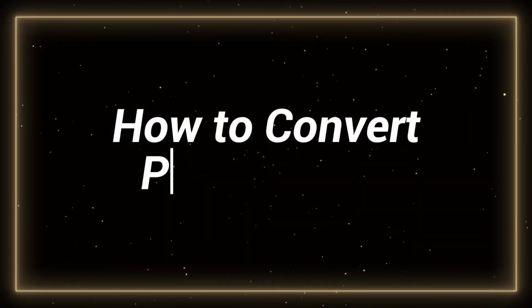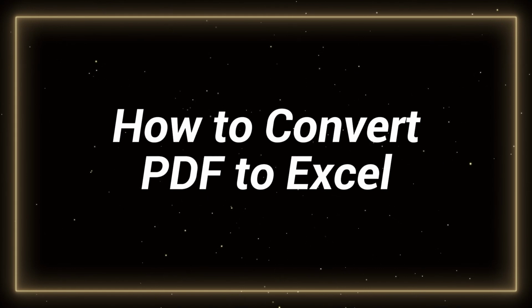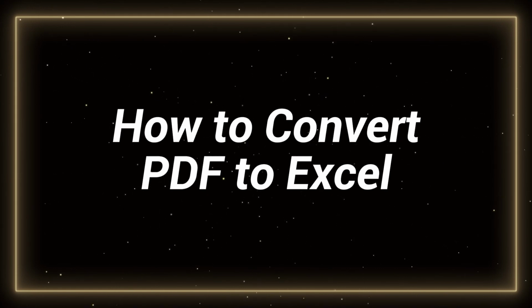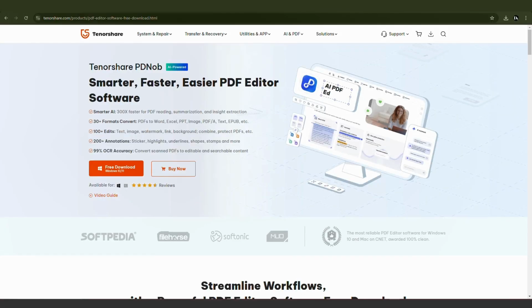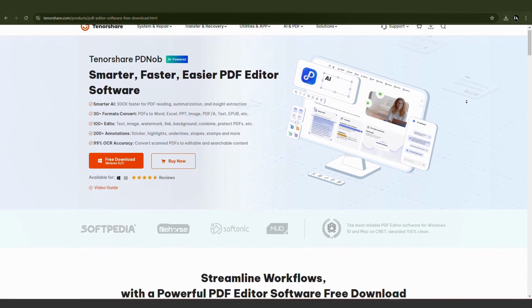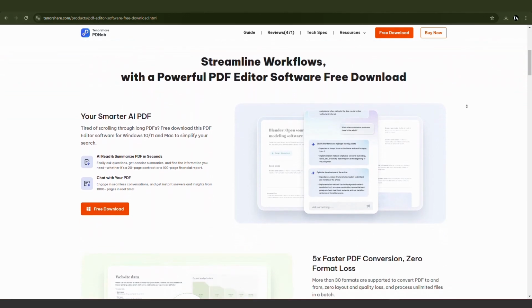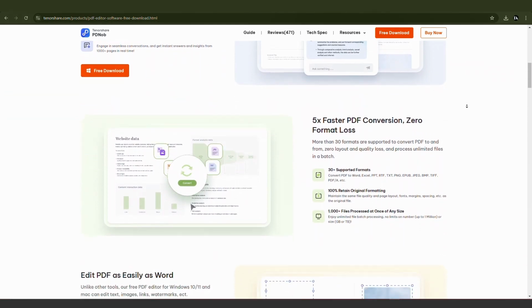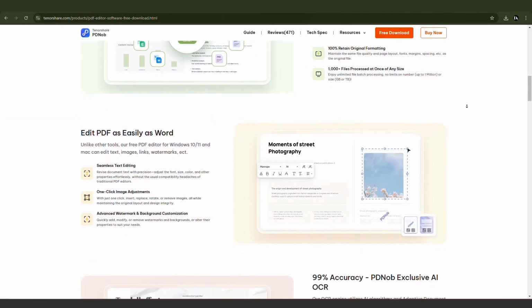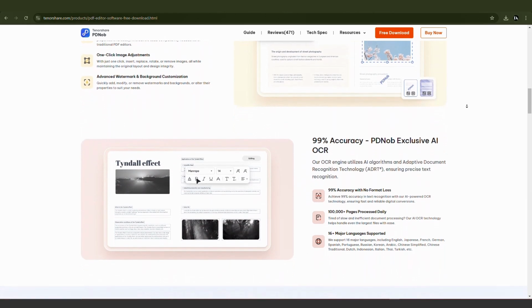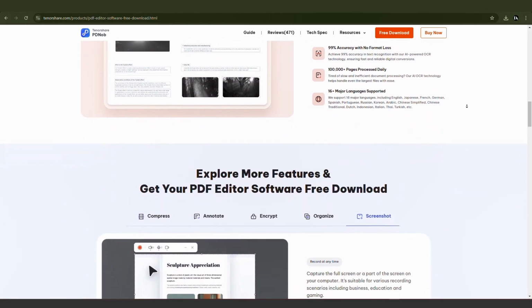In this guide, we'll show you how to convert PDF to Excel using Tenorshare PDNob in just a few clicks. Tenorshare PDNob is an all-in-one PDF tool that simplifies editing, converting, and managing PDFs. One of its standout features is converting PDFs into editable Excel spreadsheets, ideal for quickly extracting and working with data